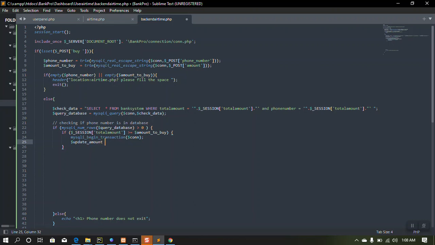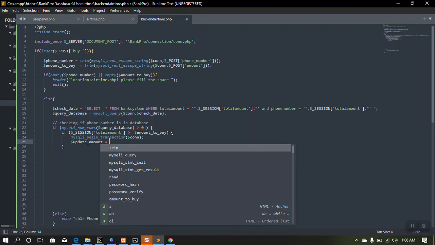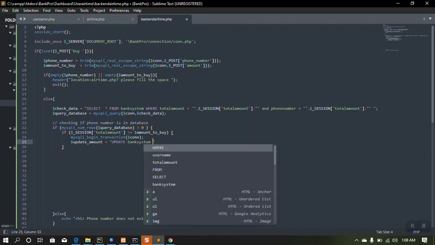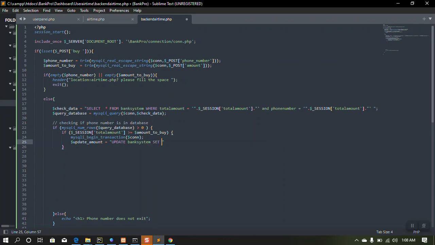Let's say update amount. So we're going to write in MySQL here. Say update bank system set total amount equals to, let's copy that there. Total amount equals to this. Total amount equals to this. Equals to total amount